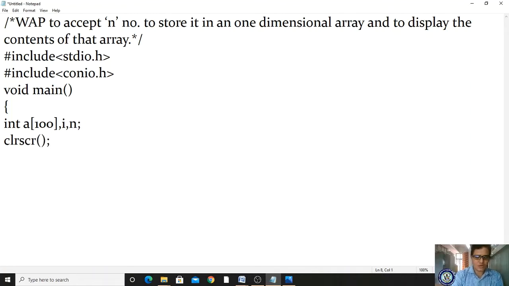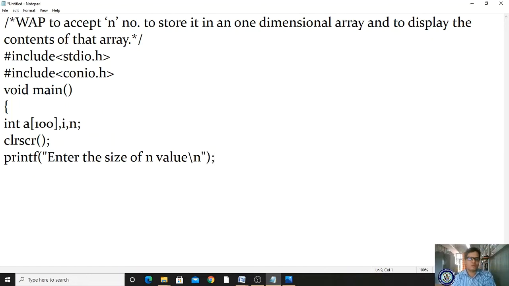Now I am writing one output statement: printf "Enter the size of n value". We have to give that from the keyboard, right? So to read from the keyboard we use scanf.